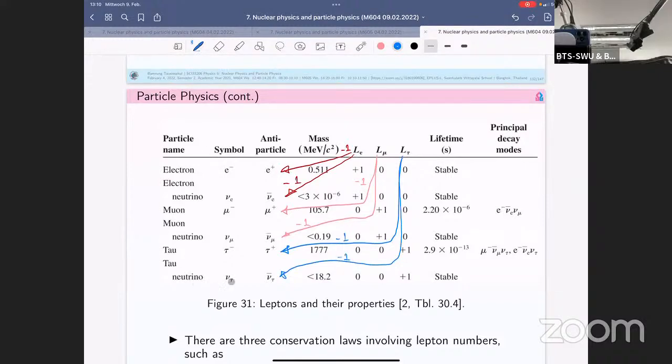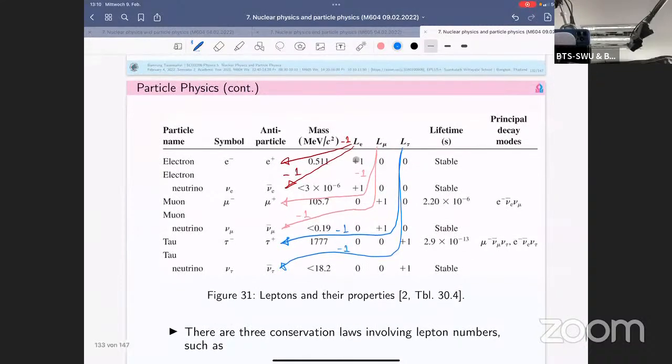And for the tau neutrino, we will have +1 tau lepton number for that. And because they both are neutrino, they are stable. Okay, you could see the lepton number for different 3 types